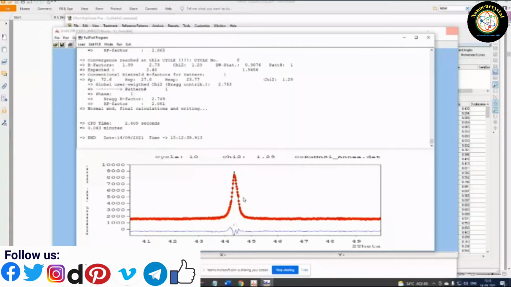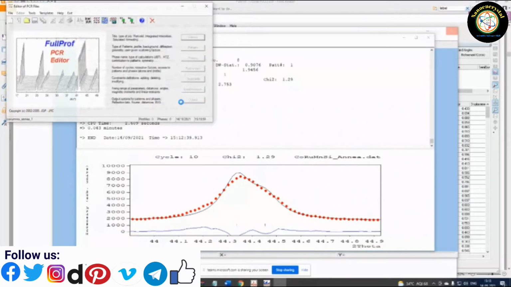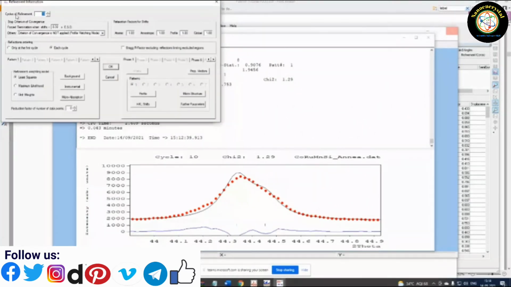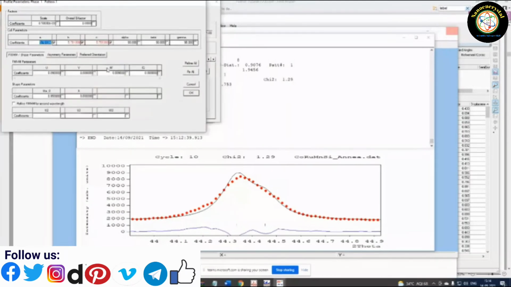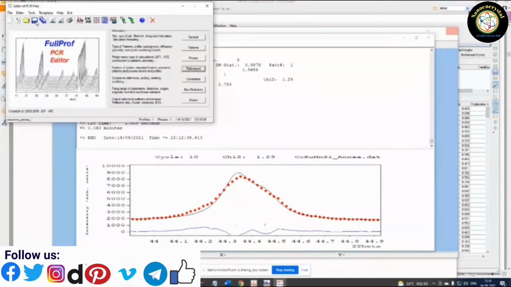Now you see that for K alpha 1 and K alpha 2, the resolution is merged. So this we need to play with. Sometimes what happens, we can do one thing: you reduce the cycles of refinement to 1, and you take the UVW values. Sometimes it diverges, so make sure you copy those previous values. Copy it by this one, and do one time